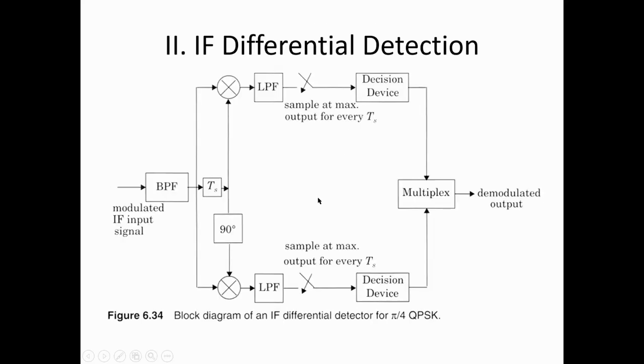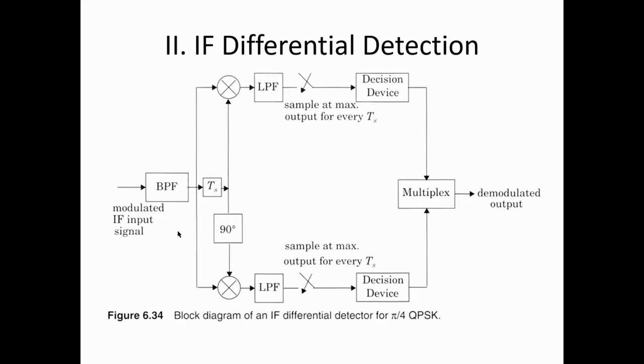quadrature phase components also. Okay, and the second method is IF differential detection. The only difference between this baseband differential detection and IF differential detection is that here we are removing the local oscillator. Normally, there we use a local oscillator to create a cos and sine signal. So instead of that, we are using a time delay to create the sine and cos signals. A single signal is used with the help of time delay. We are creating that sine and cos signals. This is the difference; all the other functionalities are the same between the IF differential detection and the